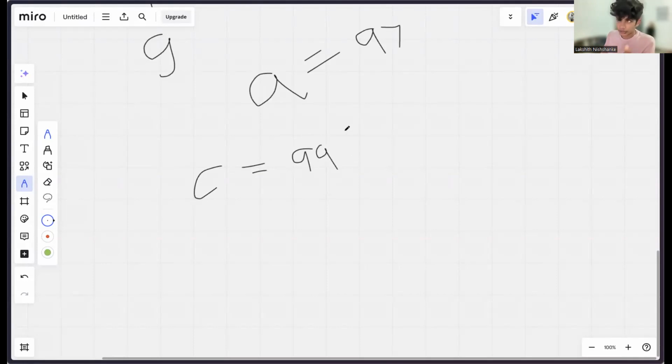If I subtract 97 from it, I'll get 2. So 2 means this is 0 indexed. So 2 means the third character in the alphabet, which is C. So by getting the numerical representation and subtracting 97 for each character, we get the index of that character in the alphabet. So that part is clear.